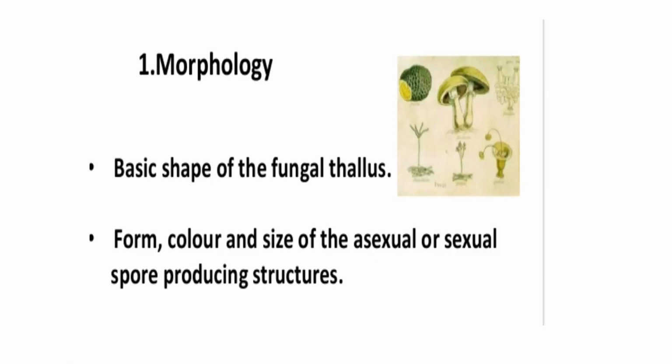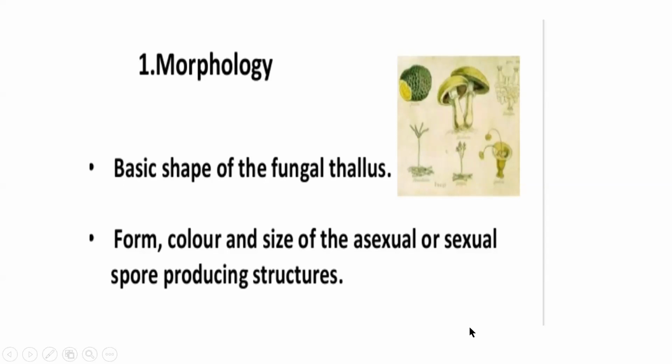They also examine sexual spore structures, sexual apparatus, ascocarp, basidiocarp. Okay, so what is the kind of sexual spore? What is the shape of the spore? Whether it is an ascospore or whether it is a basidiospore, whether it is an endogenous spore, whether it is an exogenous spore. So all these conditions of sporulation are taken into consideration when we talk about morphology as